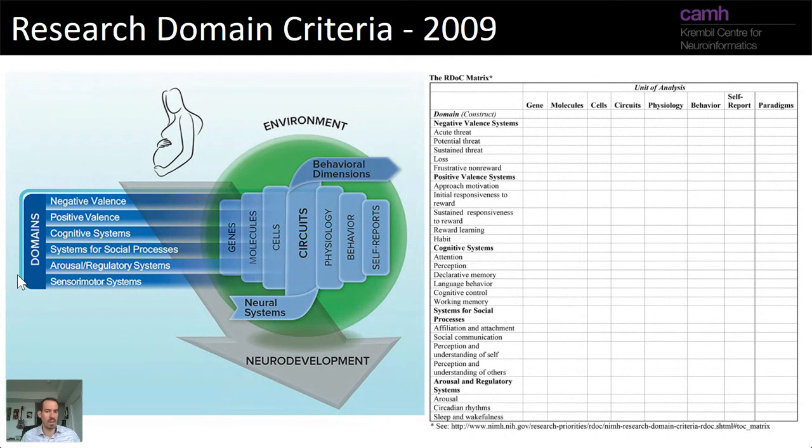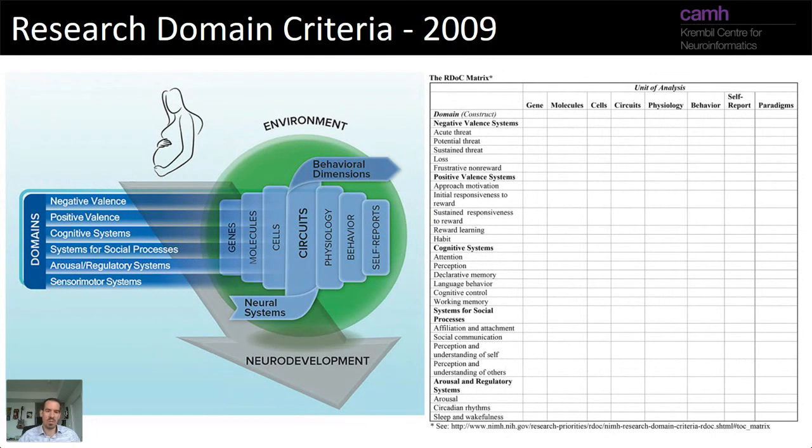Paradigms can literally be like EEG is a paradigm, or a particular task that you give during fMRI, or just a cognitive task, the N-back test, right, for working memory. That's a paradigm. Your whole research can be studying a paradigm, or a measure of self-report, or a circuit or a cell type, and you can contribute to one of these squares in this matrix, and it's constantly being updated. Right? Every time you run a GWAS on something that's related to